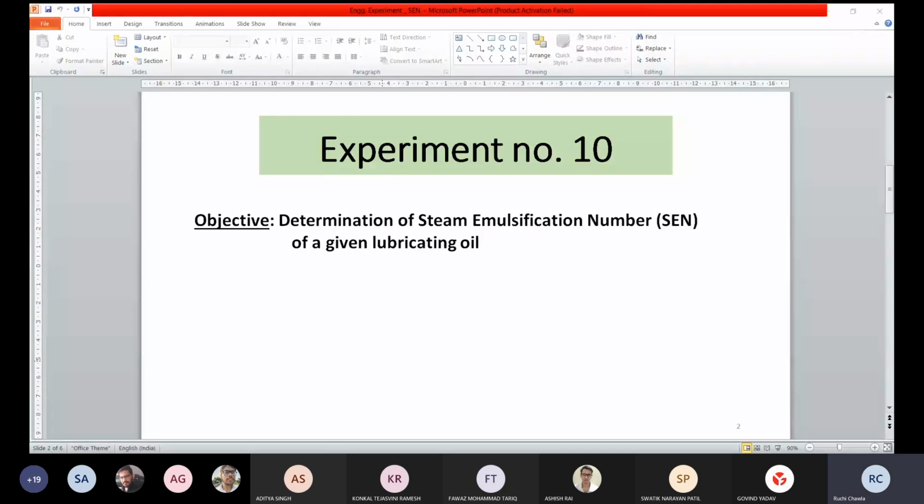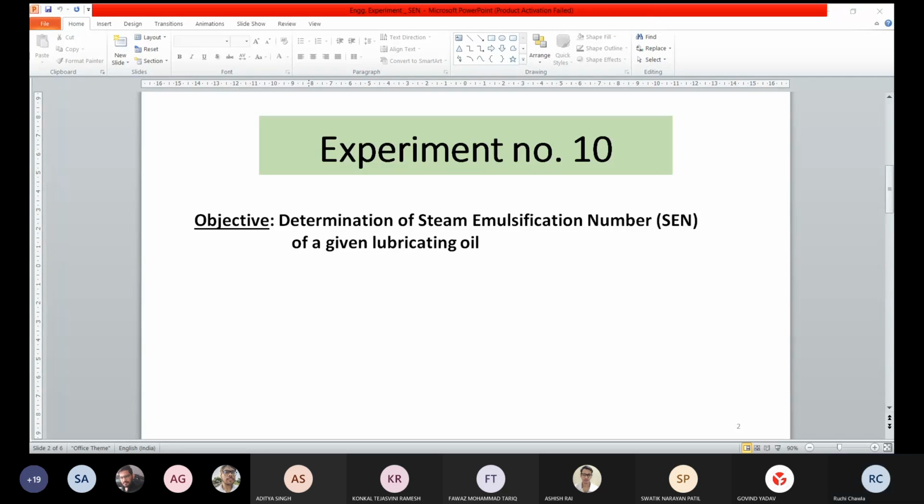What about the physical significance of steam emulsification number? Should it be high or low for any oil? Do you want the emulsion to be formed? It is pretty much similar to aniline point. The same logic applies here as well. There it was the aromatic hydrocarbons, which when mixed with the oil can create problems. Here it is the steam or the water vapors. So if they get mixed with the oil and they form an emulsion,